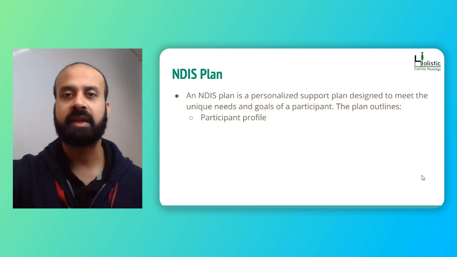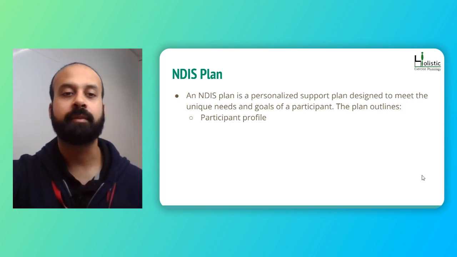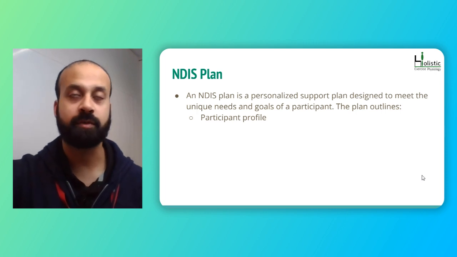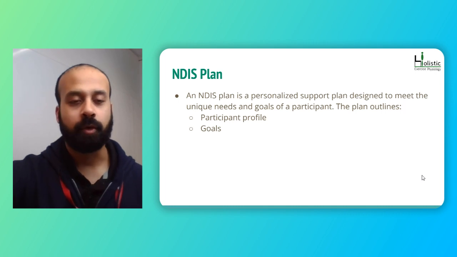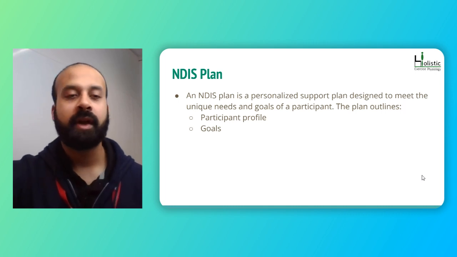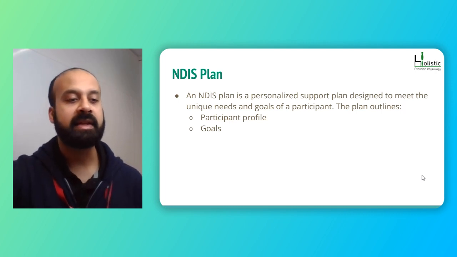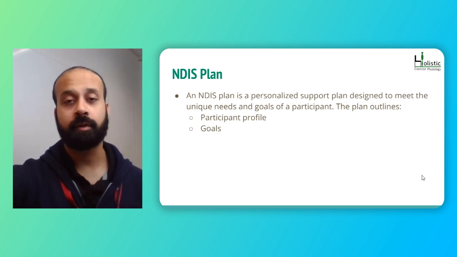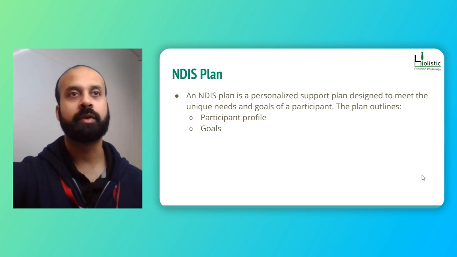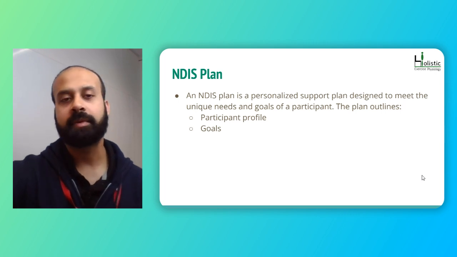So that'll be things like, my name is such and such, and I live here, and I live with these people, and here's what I like to do for a living, or here's what I do for fun. More importantly, their goals. Well, not more importantly, but the goals are very important. So that'll be things like I need support or I need physical therapy for improving my. The goal might be, and we'll get into what the goals might look like.